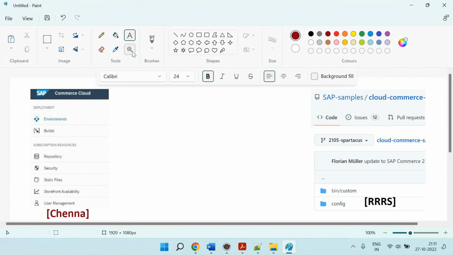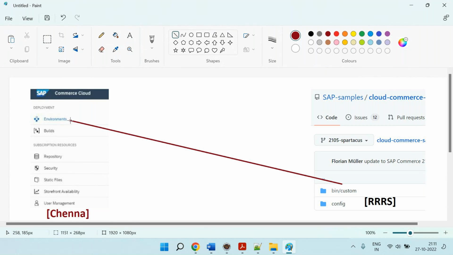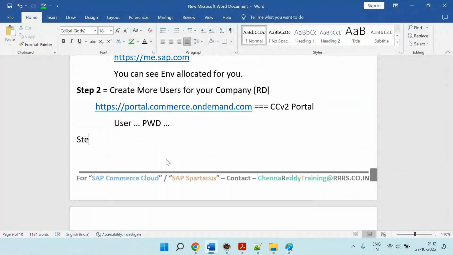Now, this code you need to deploy in this environment, right? This code you need to deploy in this environment, yes or no? Yes. So that means we need to establish connection between these two. Okay. So therefore, step number 3 is,